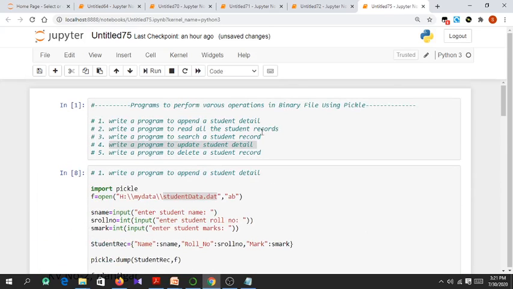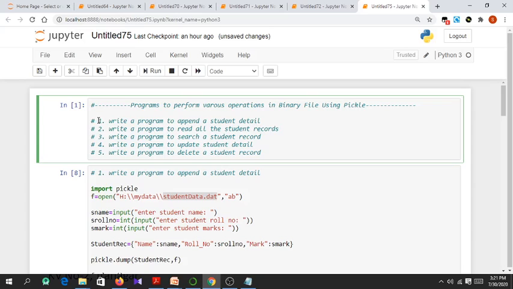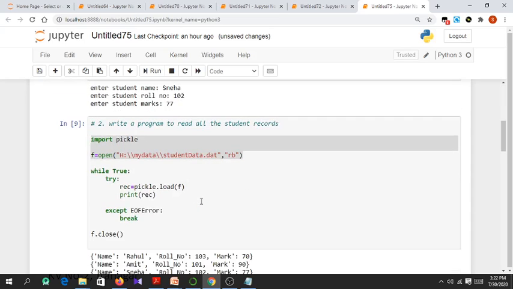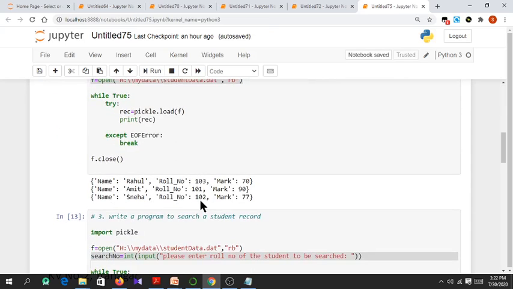In the last video we chose 5 different programs that contain all operations like appending, reading, searching, update and delete. Out of 5, 3 operations are already covered in the last video. So in this video we'll cover update and delete operations on a binary file. What is the content of that binary file?